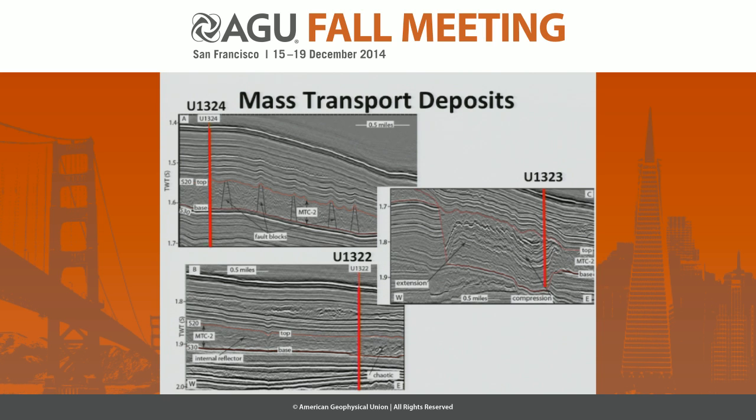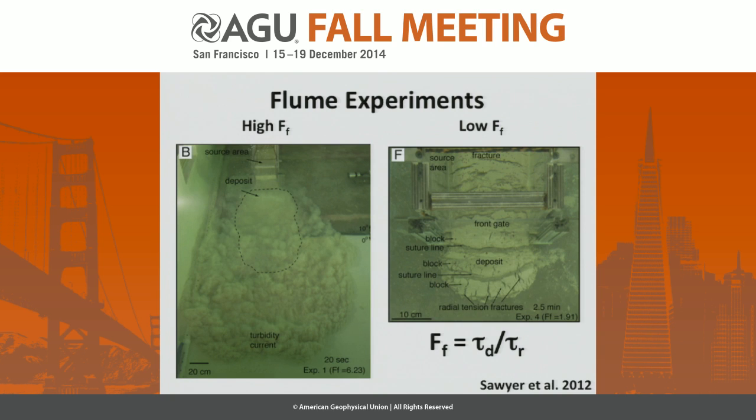Some laboratory work has been done to look at this too by Derek Sawyer and colleagues, where they set up flume experiments. This is from their 2012 work, where they looked at what they called the flow factor, which are just the stresses that drive or encourage failure compared to the stresses that are resisting failure, and they tried to look at how the flow factor relates to the mobility that we see. So can we see what the material properties feed back to these long run-out discoordinate failures versus these blocky type